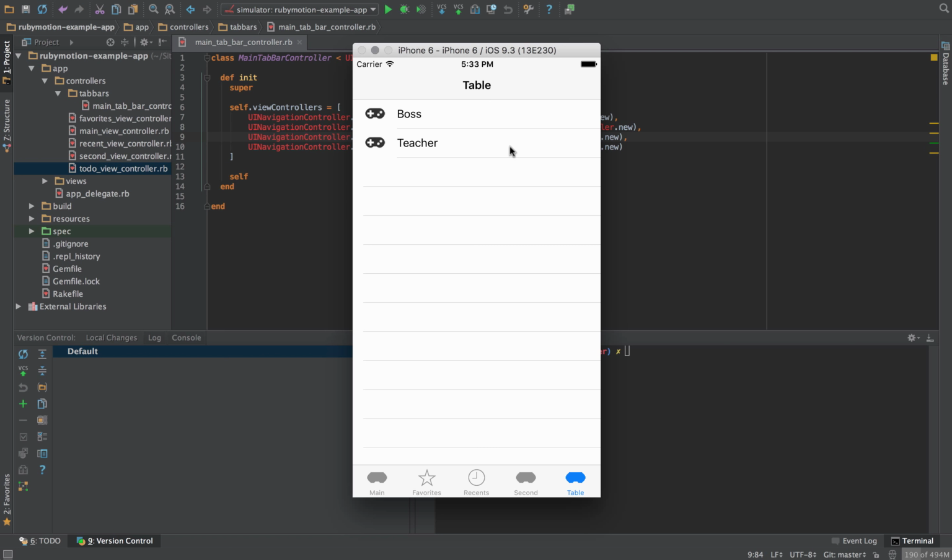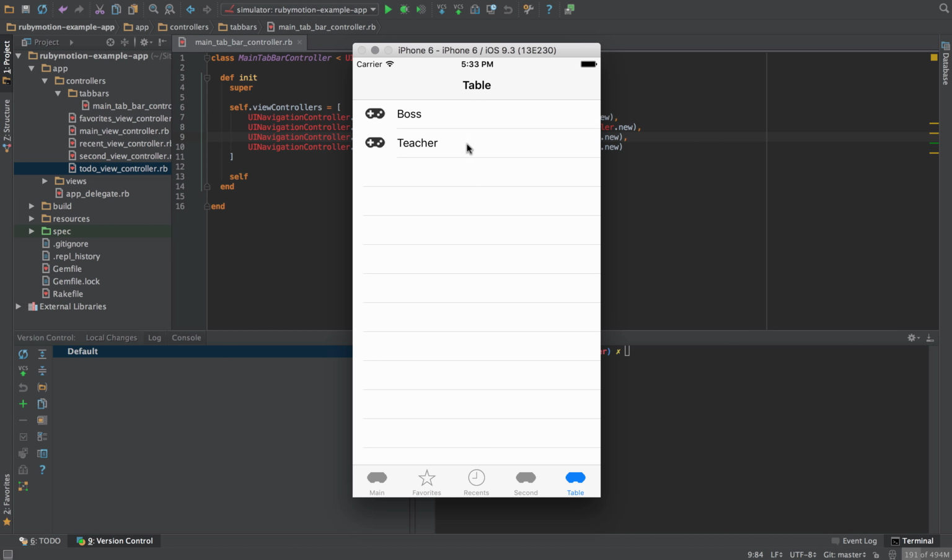There's some other things you want to consider when creating these tables, like performance and exactly how you want it to look. But in this example, we're just going to create something that looks very much like this. It's going to have an image or an icon, and then it's going to have a title. It's going to have a title for the table view, and then we're going to add it to the tab